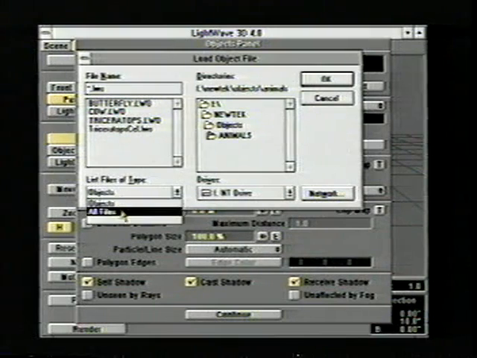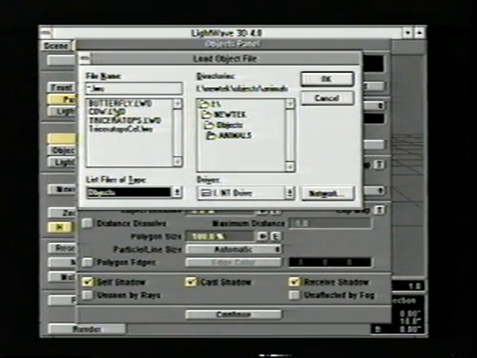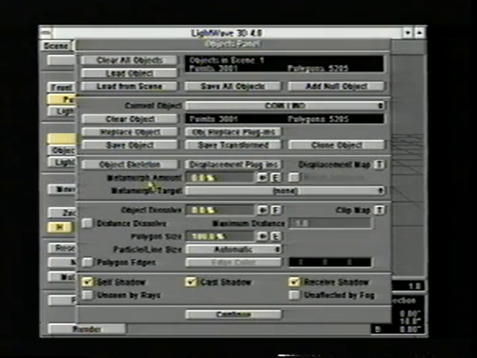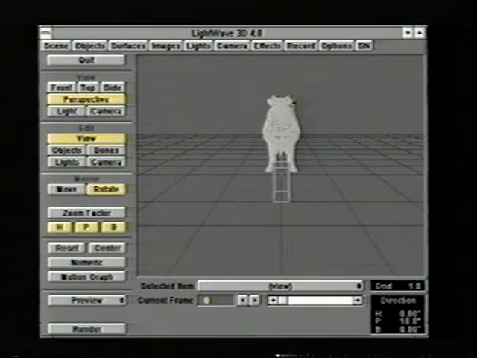By default, Lightwave looks for a .lwo extension, but you can change it down here by telling it to look at all files or just the object files. So let's select cow.lwo. I can either select it once and hit OK, or I can double click on it to select that file. You'll notice that it says that I have one object loaded. It tells me what that current object is. So when I hit continue, notice we'll now have an object in the middle of our interface, and that's the